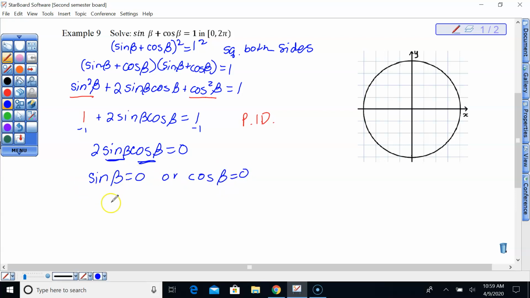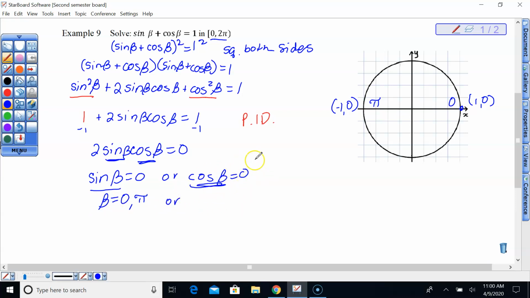And we'll go, all right, so sine beta, remember that represents your y coordinate. So your y coordinate is 0 here at 0 radians, and we are in 0 to 2 pi, so 0 radians, and over here at pi. So we could say that beta equals 0 or pi, and cosine beta equals 0,